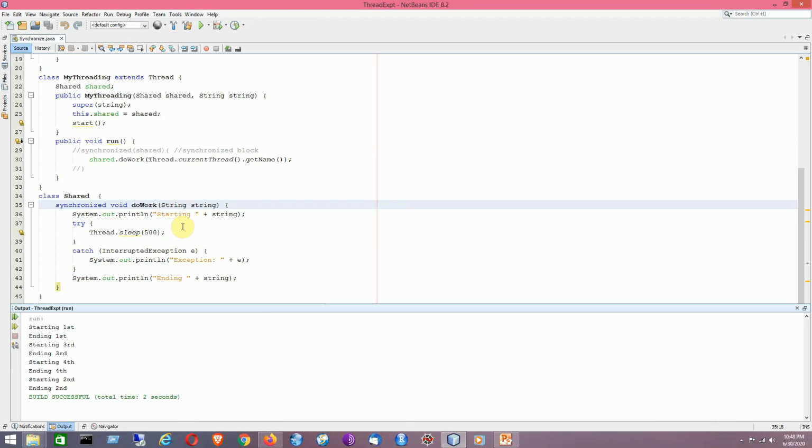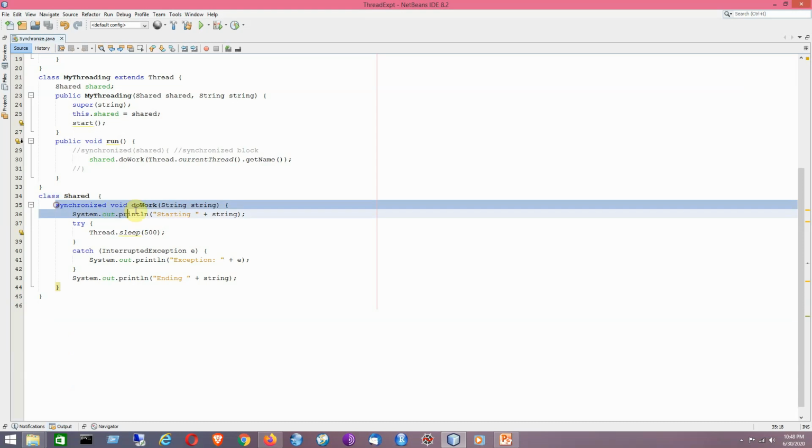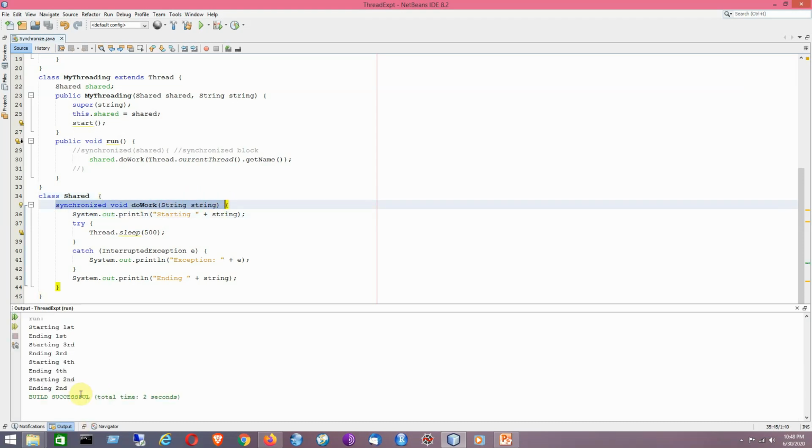That means once a thread is assigned to the shared object for execution, it will get its chance to finish. So by using these two techniques, either the synchronized block that is commented here, or the synchronized method, we can achieve monitor synchronization, which is basically providing mutual exclusion. That is the basic concept of thread synchronization using monitor synchronization.